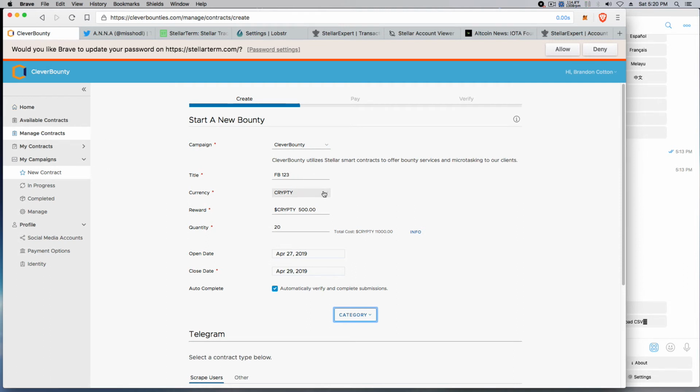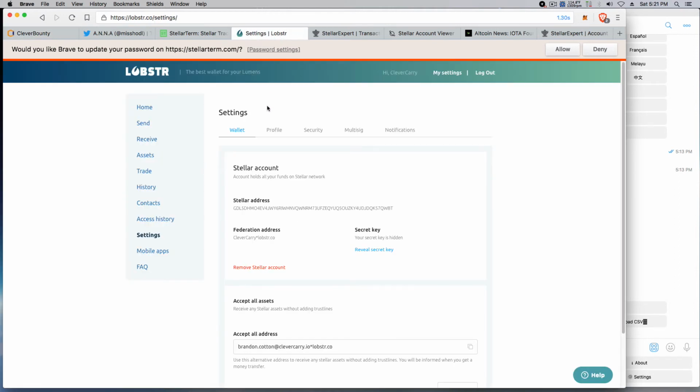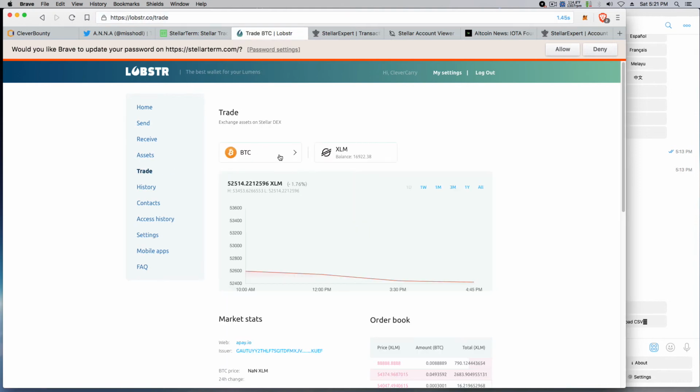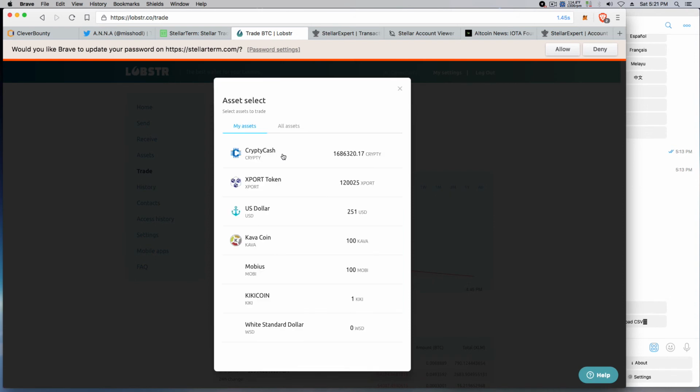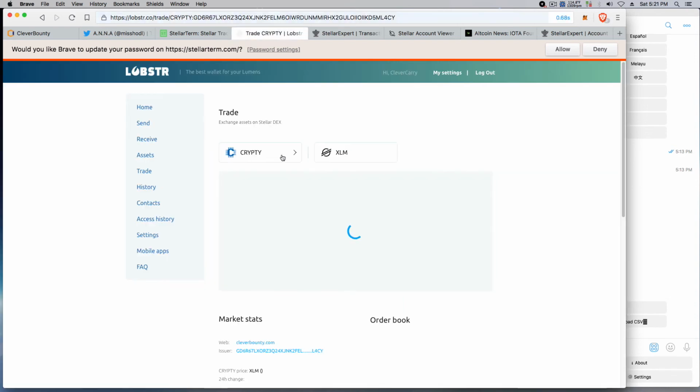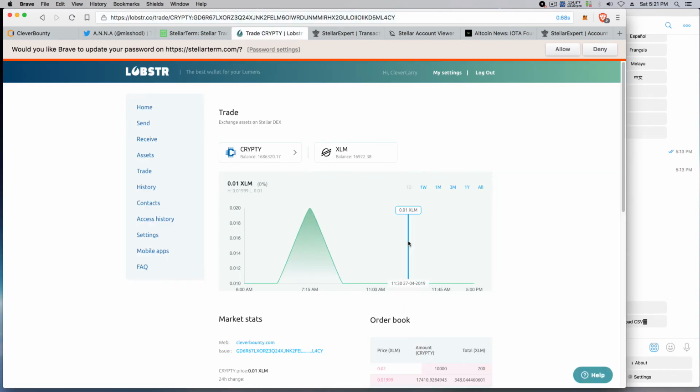And also, if you want to create your own cryptocurrency on the Stellar chain, that's pretty easy. I can show you how to do it. And then we can just enable that in here. And essentially what you would do is you would give away your currency. You would pay people in your currency, and then you would open a trade. On Lobster, we have a permanent trade open for Crypty, and therefore